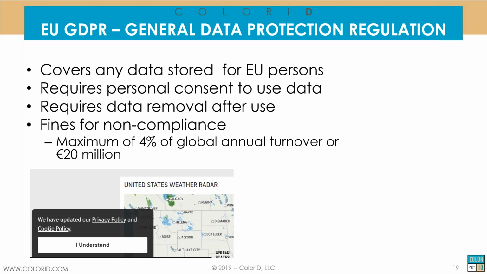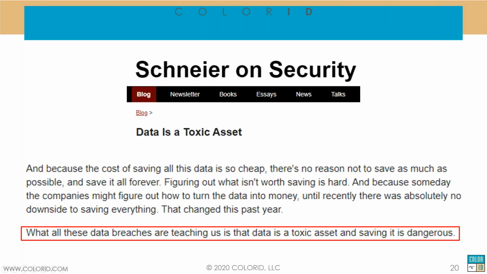You know, 4% of your global annual income is your maximum fine. That's a lot. For a university, that would be a lot. Now, is this something we have to worry about? I don't know, but a lot of schools are concerned about these kinds of standards. And speaking about data,